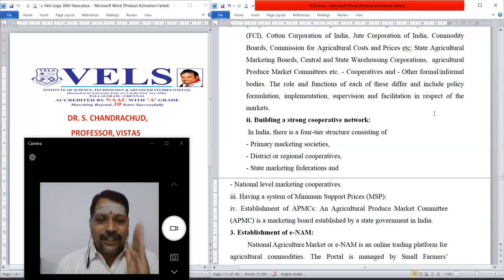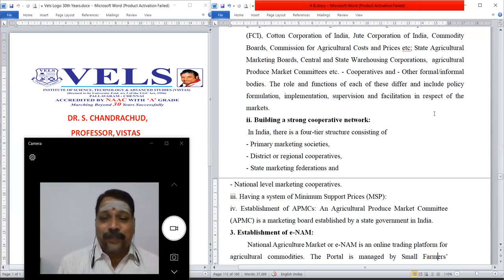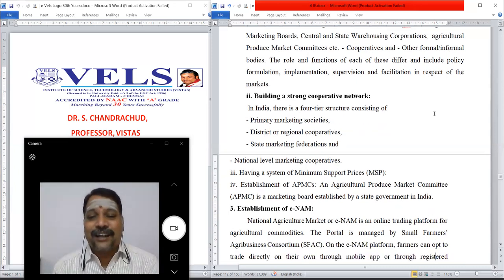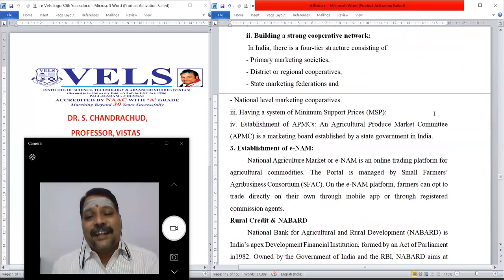The third scheme that the government has initiated is called the minimum support price. When the farmer produces some goods, a minimum price should be fixed for that product, irrespective of quality and quantity. So they established one more committee called the Agriculture Produce Market Committee, APMC. This board will take care of the minimum support price for agriculture. Then the last